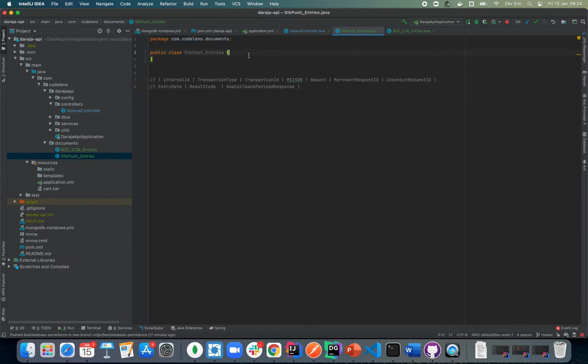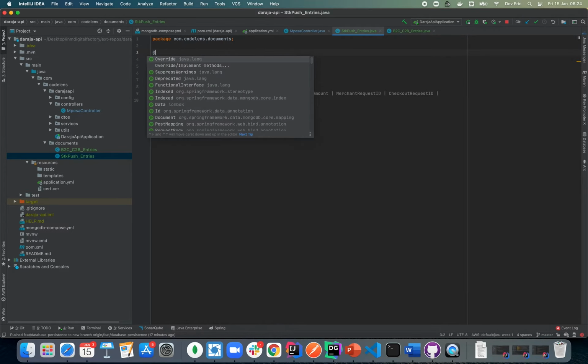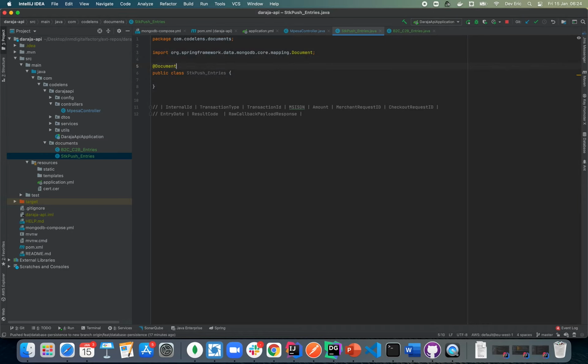Right, so as usual, we needed to annotate this with at document. Then the collection, we could name it STK push